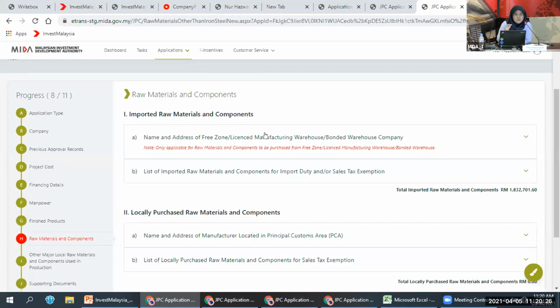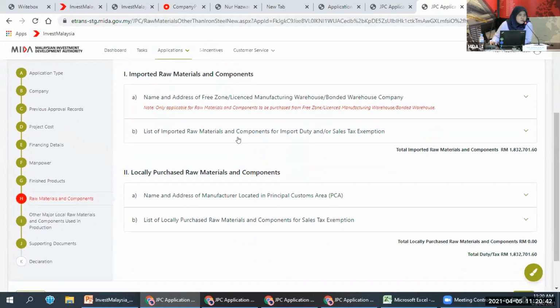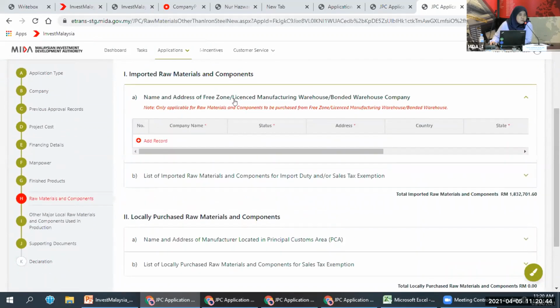This is aligned with the EU customs requirement, whereby the customs session is no longer required when you want to apply for exemption. So what you have to do here is there are two sections: imported raw material and component, the first one is for imported, and the second one is for locally purchased.